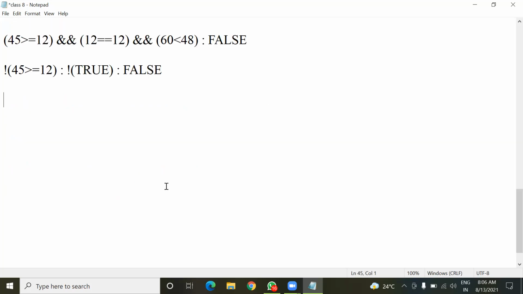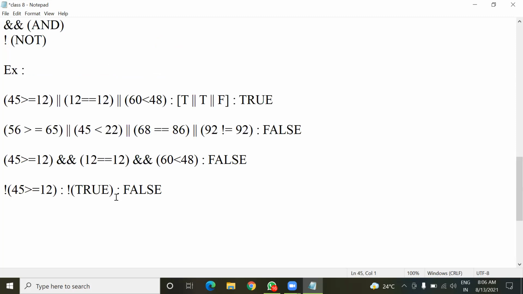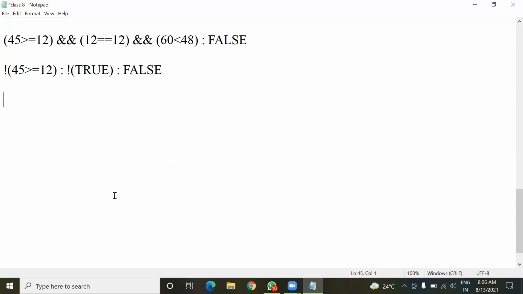Okay. So the next operator is the increment and decrement operator. This is the fourth type.